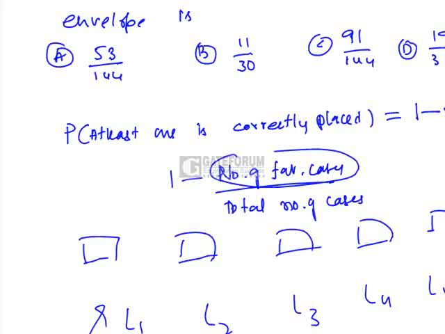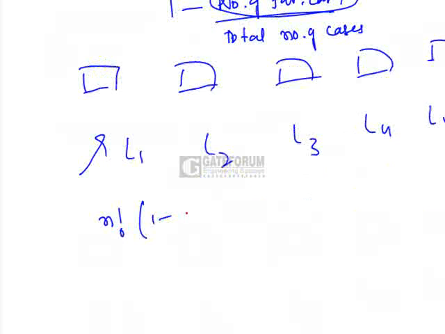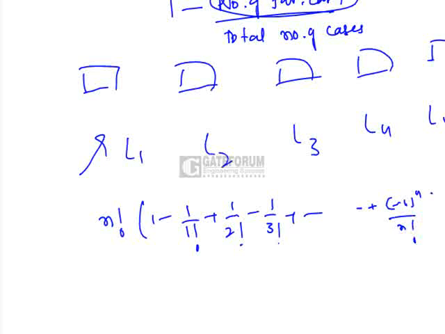Derangements of n things can be done in n factorial into 1 minus 1 by 1 factorial plus 1 by 2 factorial minus 1 by 3 factorial plus and so on up to minus 1 power n by n factorial. This is what we do for derangements. Now here the value of n is 5 because we have 5 envelopes and 5 letters. So the number of favorable cases